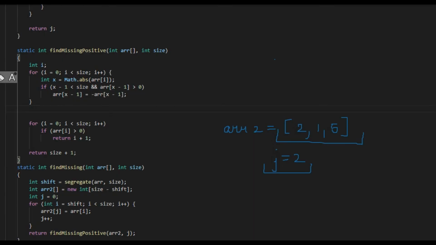As we can see here, we are left with array2, which is received here as array, and the size is 2, as j has given the size the value 2. So we have this array and size 2. It will consist of indexes 1, 2, 3, but in the array we have indexes 0, 1 and 2. So we have to adjust these indexes, and we'll see how we will manage this part, as we have already discussed this question with 1, 2 and 3.